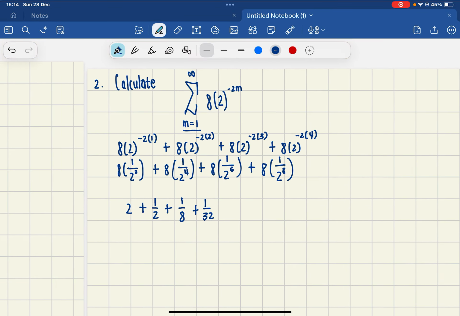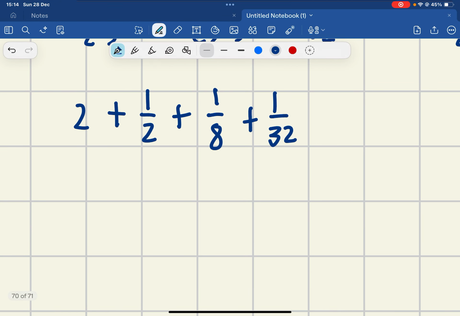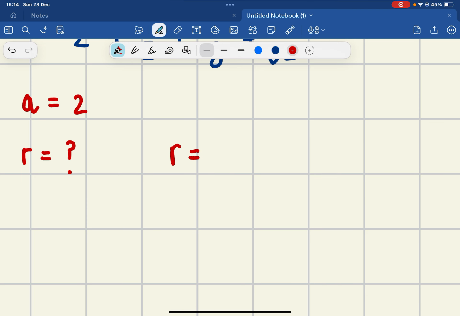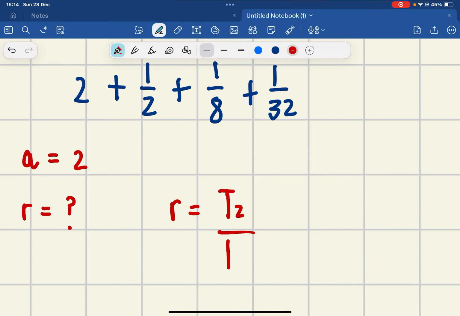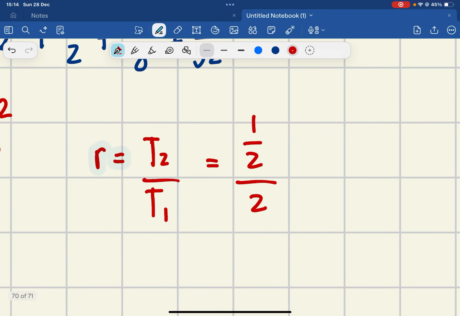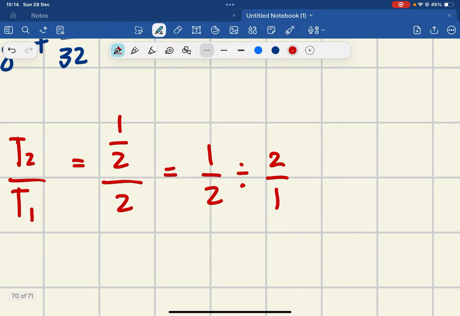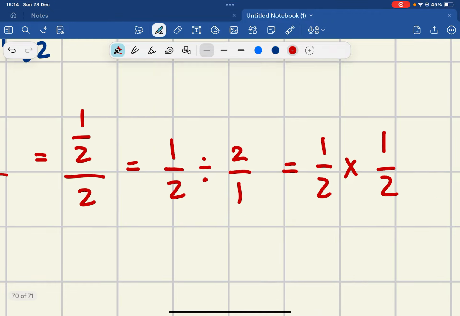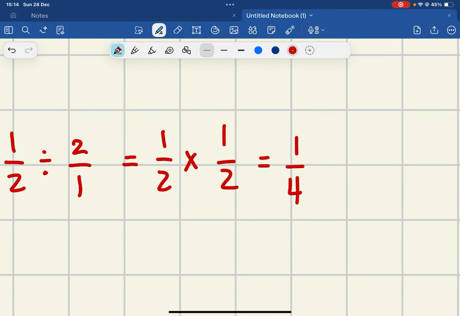Now, this being said, boys and girls, they wanted us to calculate the sum of infinity. So we do have our a value. We said that our a value, let me just quickly put it in color, a is equal to 2. r is unknown. How do we get r? We get r by saying r is equal to T2 over T1, which is equal to a half divided by 2. If you want to use your calculator, you could just go like this. But remember, when we divide fractions, we tip and times. Therefore, we'd have a half times a half,